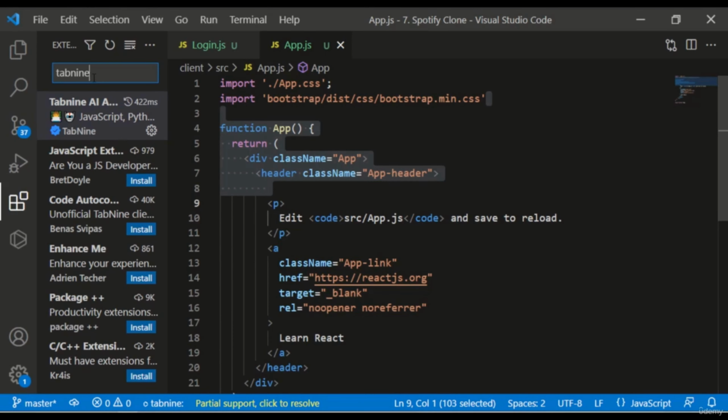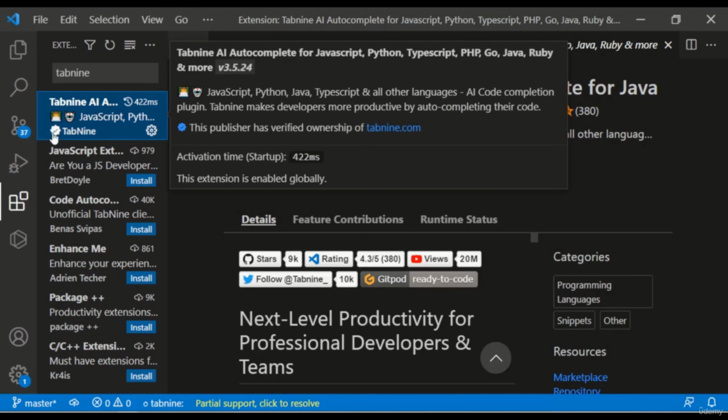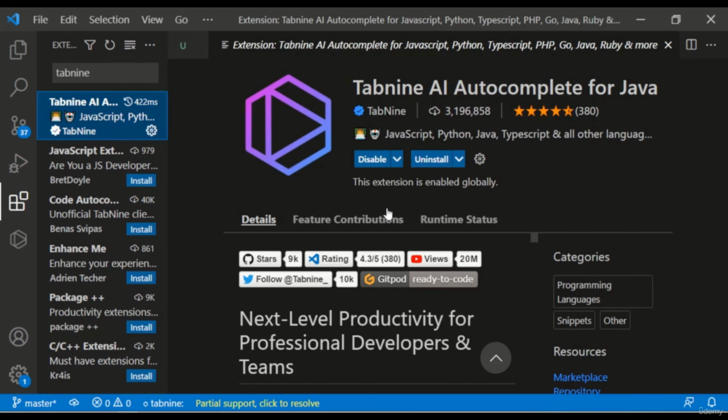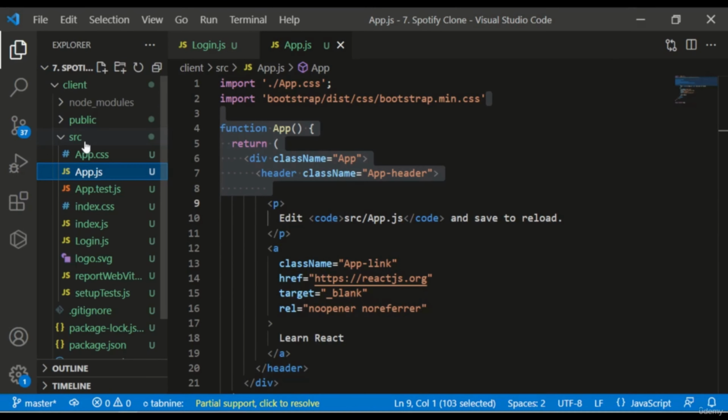I will be using Tabnine AI, so you can just click on it, and the verified Tabnine AI will have a tick on it, and then you can simply install. As I have already installed it, it's showing only the disable and uninstall buttons. So I will definitely suggest to install Tabnine. Now after installation of Tabnine, what we can do is head towards our folder structure,